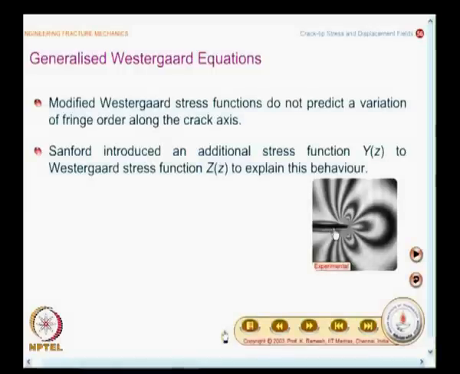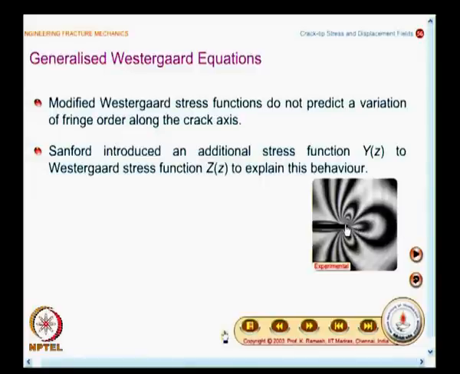This is very unusual. See, you have taken a stress function. In most of the problems, somebody gives you the stress function, you only ensure whether it satisfies the boundary condition, whether it satisfies the biharmonic equation, and then you proceed with it. You never question whether the stress function is complete or not. In fact, you wanted tau xy to be 0 along the crack axis, and that stress function was giving it. But I had emphasized in our earlier discussion, though we wanted tau xy to be 0 along the crack axis,